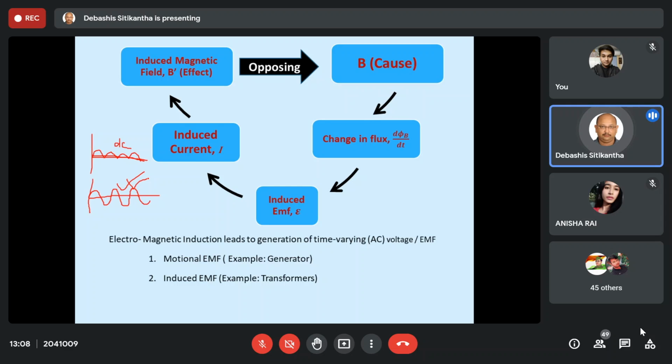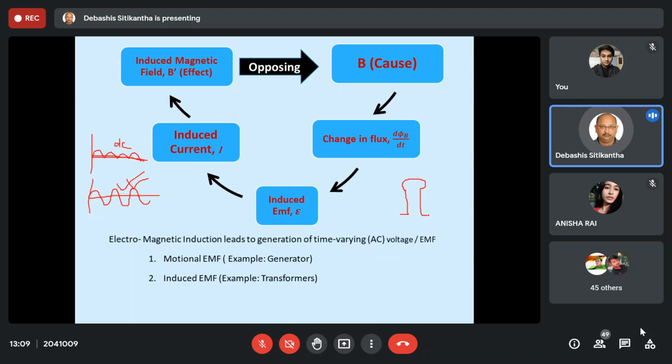That means we are trying to rotate the magnetic field, so there is a change in the magnetic flux, and there will be stationary conductors or stationary coils through which the magnetic flux is going to change. In that way it is going to generate voltage, or EMF, that is known as motional EMF. For example, generators. Practical cases I am telling you. Basically we make use of something known as an alternator to produce electric energy.